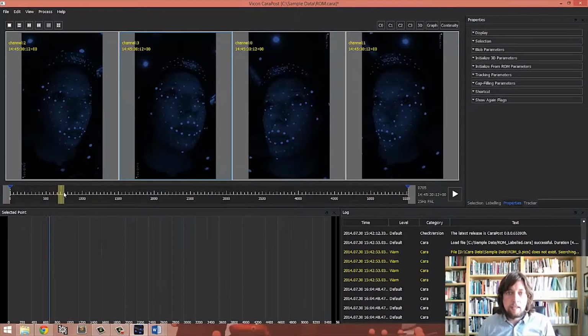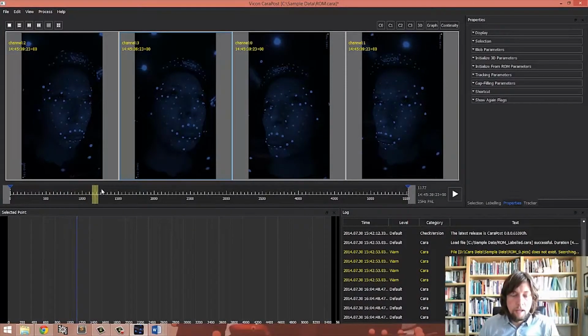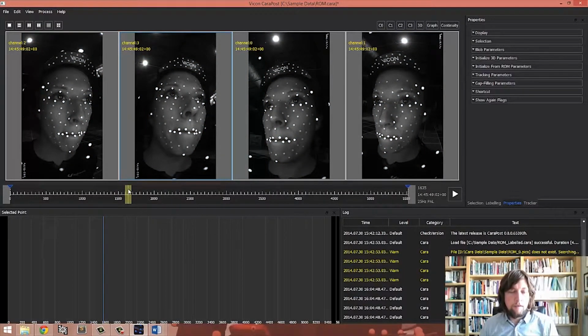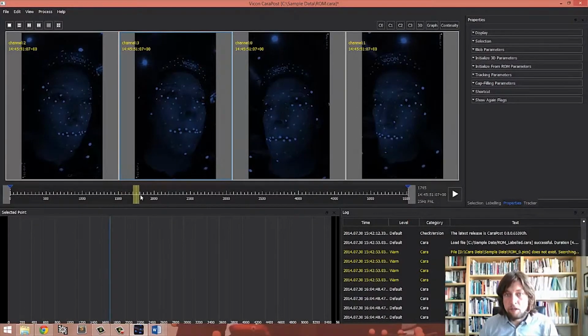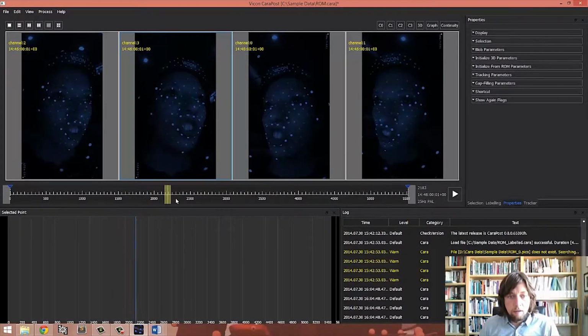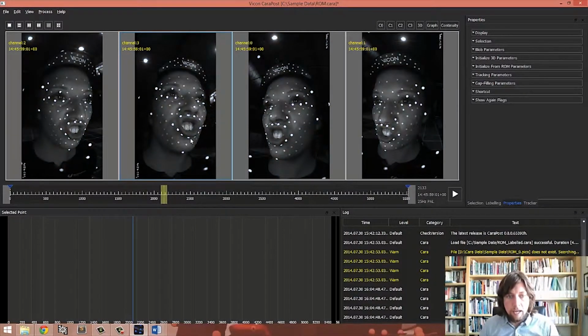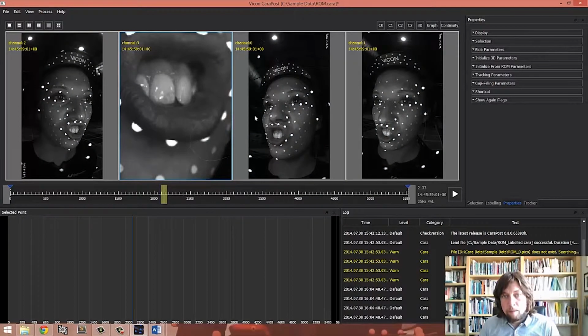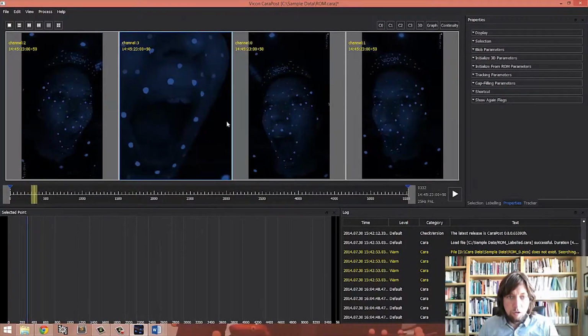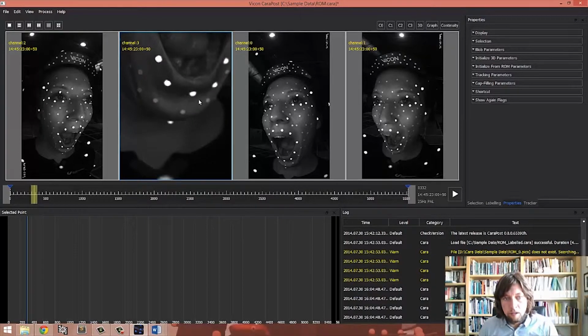Now range of motion is a series of face shapes, and by capturing a range of motion you're given a really good indication of the quality of your data. So where you position your markers on the face will have an effect on the quality of the data. For example, we might look at a shush shape pose here, and we want to make sure that our lip markers are still visible even though the lips are curling out. It's also important to check things like the jaw, when the jaw's fully open, to make sure that your jaw